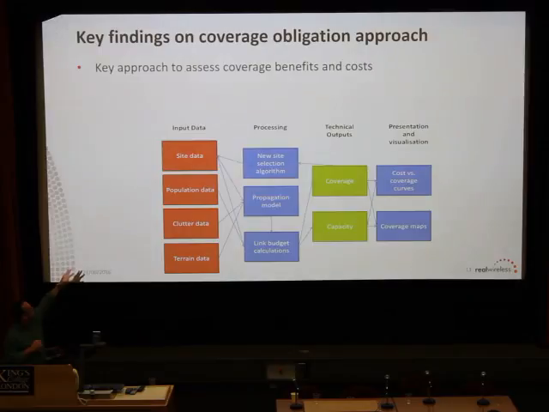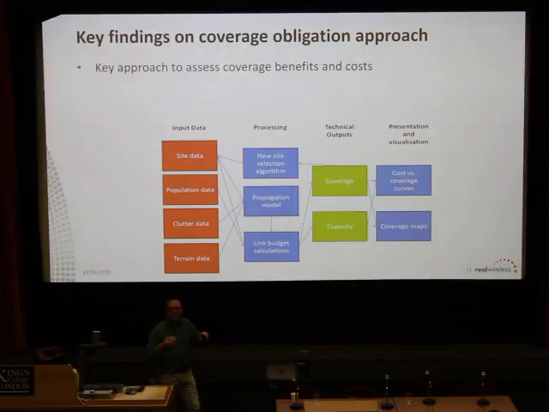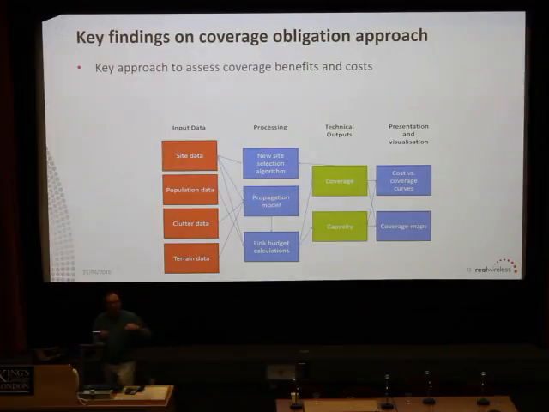We were lucky that we could get site data, population, clutter, terrain, etc. We then had to work out how you would optimally go from your 90% coverage, which you've got at the moment, and increment that to get to 98%. You've got to have rules, and take into account what you could do with microcells, small cells, lots of different ways. The indoor, how much of that are you going to offload onto Wi-Fi networks, etc.